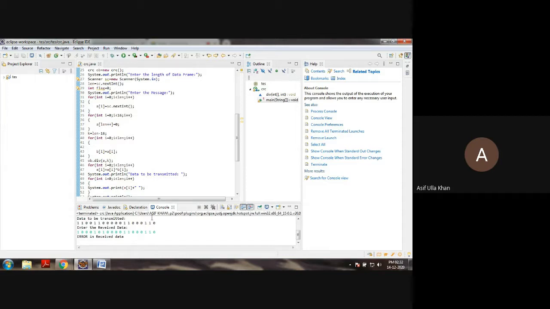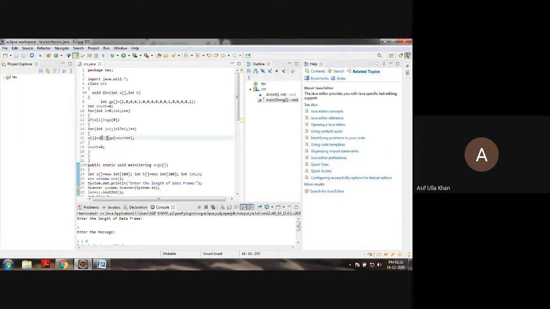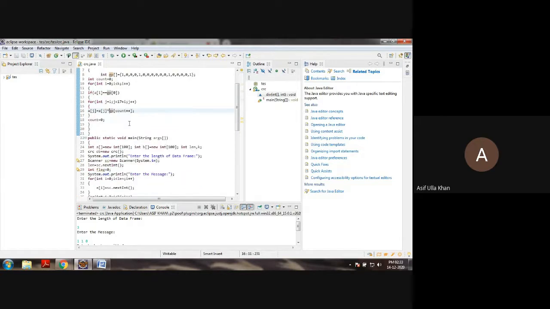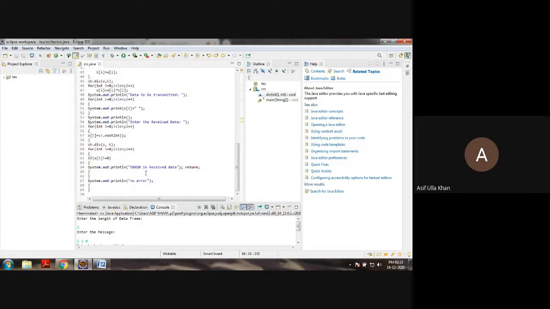This is what cyclic redundancy check actually does, and this is a simple Java program which uses a bitwise operator. This operator is the symbol of XOR. You know the meaning of XOR: if both the bits are the same, the value is 0. If there is a variation in one bit, the value becomes 1. So this is all about the CRC program to find the error in the received and transmitted data.